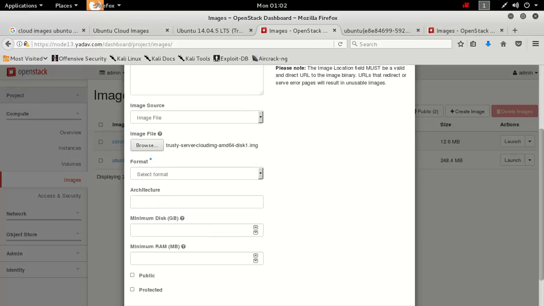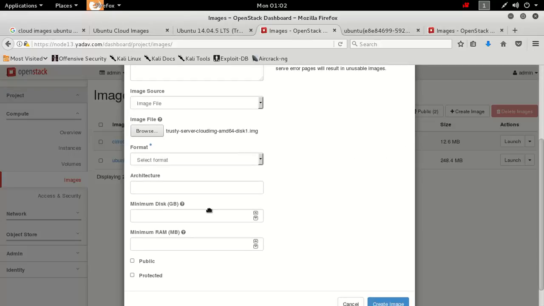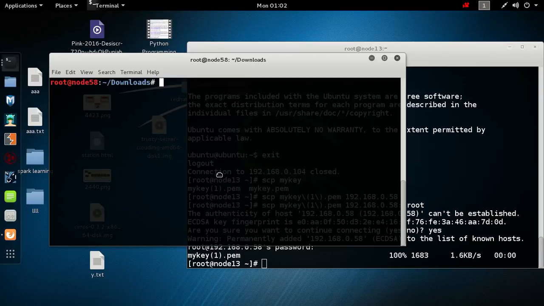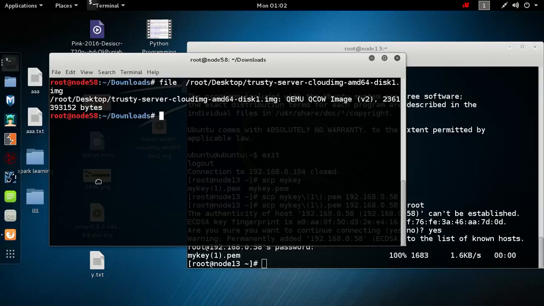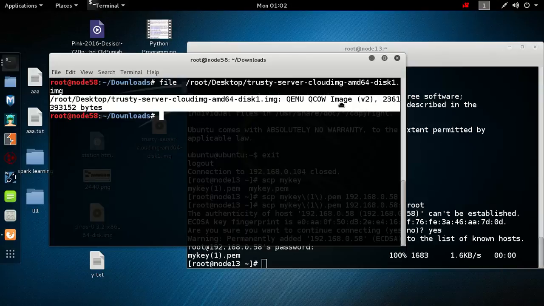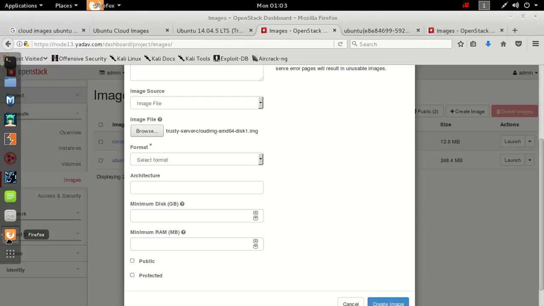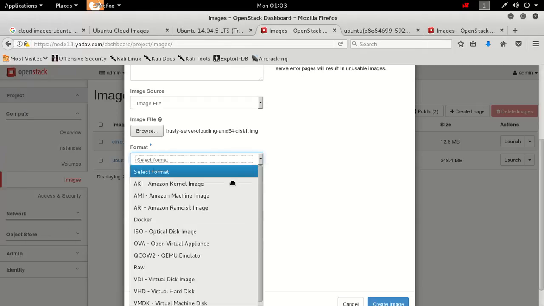The next one is file type, or format. To know the format of an image, we have a command, that is the file command. So file, then the path of the image, that is /root/desktop, and then trusty. So here it is, QEMU QCOW image version 2. So that means the format of the image is QCOW2,